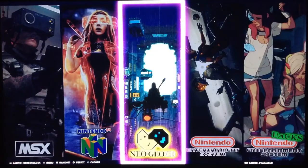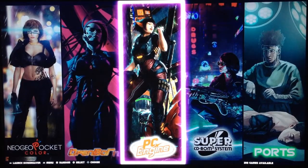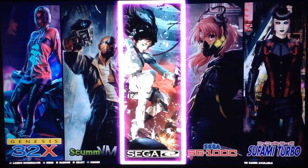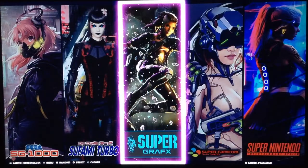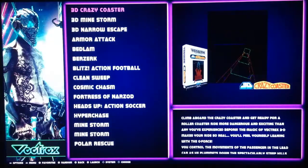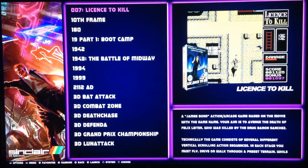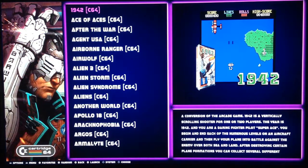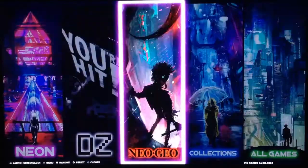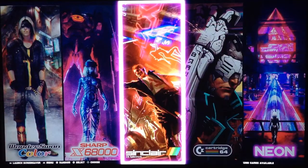You see MSX, Nintendo 64, Neo Geo Pocket, Neo Geo Pocket Color, Open Board, PC Engine ports, PSP, PlayStation, Genesis, CamVM. There's a lot of art I made for this theme, and a lot of them are very cool, I have to admit. I just took the best cyberpunk artworks based on the net, and I've adapted them. I'll just show you some surprise. I should show you